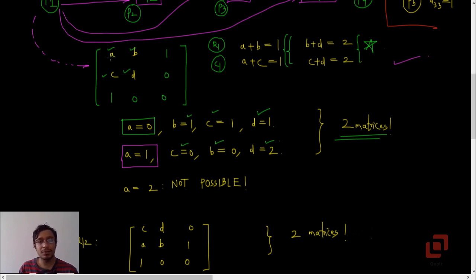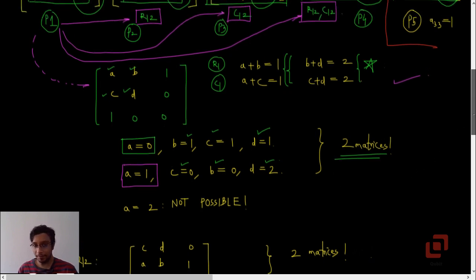So then we have got 2 matrices within possibility 1. Okay, one is 0 1 1, 1 1 0, 1 0 0, and the other one is 1 0 1, then 0 0, oh sorry, 0 2 0, yeah, D is there, right? 0 2 0 and then 1 0 0. Okay, so there are 2 matrices within the possibility 1, right? Now why is A equal to 2 not possible? Because the moment you put A equal to 2, then R1 no longer remains 2 and so does C1, because you already have 1s here.